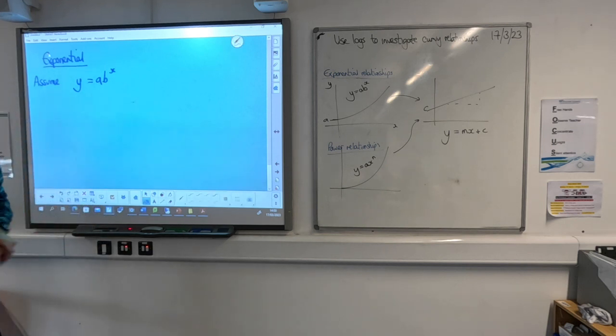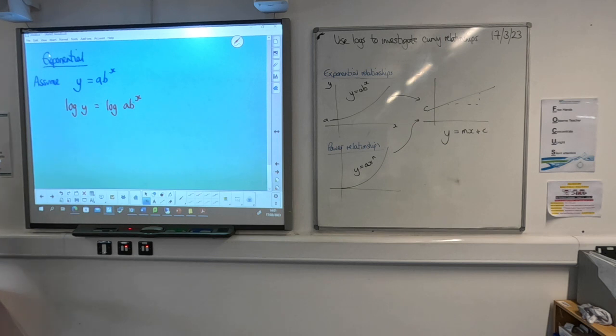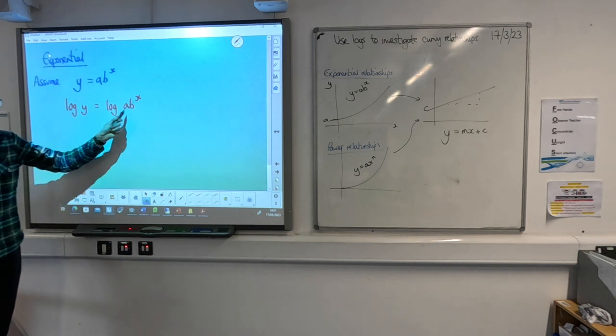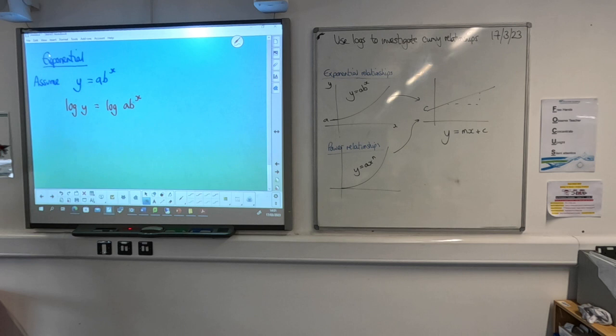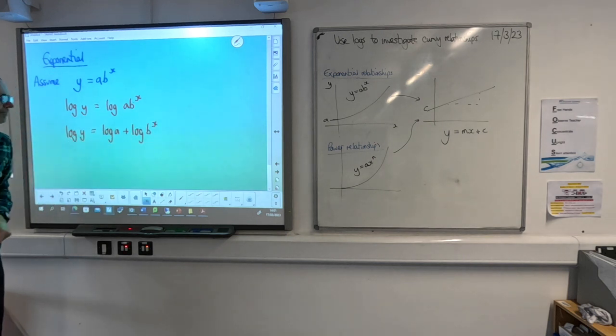So like we often do, I'm going to log both sides of this equation. And I can use whatever base I want. Because there are no e's in this, I'm not going to use ln. I'm just going to use standard vanilla logs, log to the base 10. And then I'm going to use the log rules to split up that right-hand side, because the log of one thing times another is the same as the log of the first added to the log of the second. And then I'm going to use the third log rule